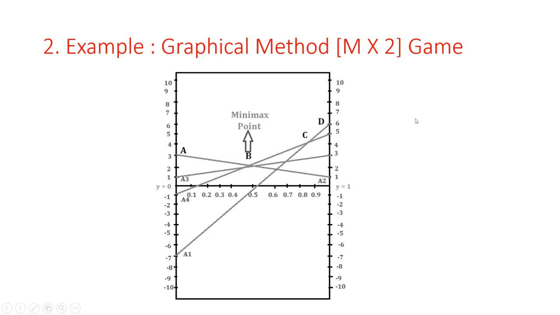3 by 3 मैट्रिक्स मिलेगा. बट हमें क्या चाहिए? 2 ही इंटरसेक्शन पॉइंट चाहिए पे ऑफ मैट्रिक्स 2 by 2 के लिए. ओके, so here A4, A3 and A2 are the 3 lines passing through this intersection point, that is B. Okay, so among these 3 lines, A2 and A3 are the opposite slope. Okay, A3 and A2 are the opposite slope.